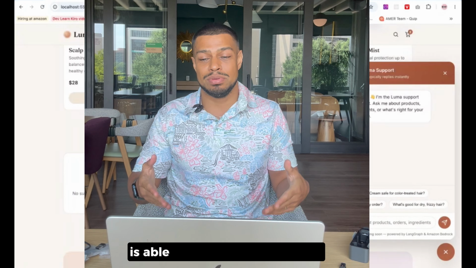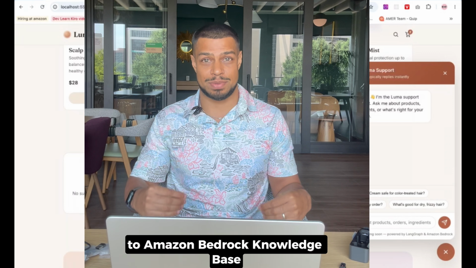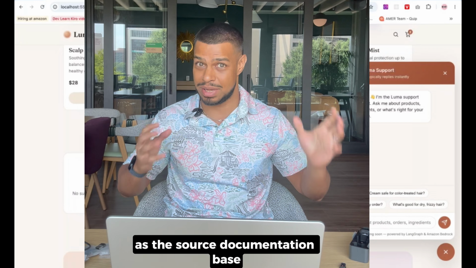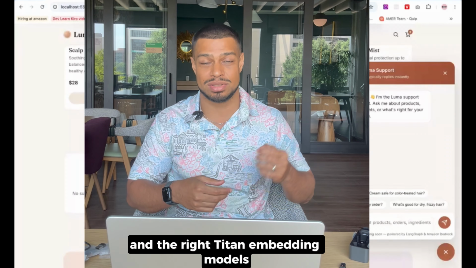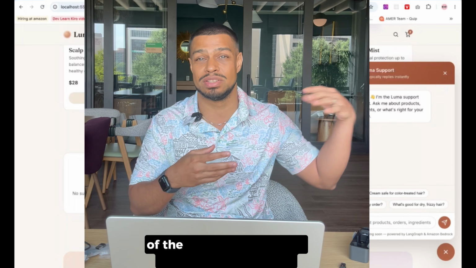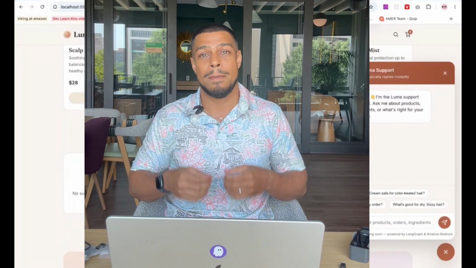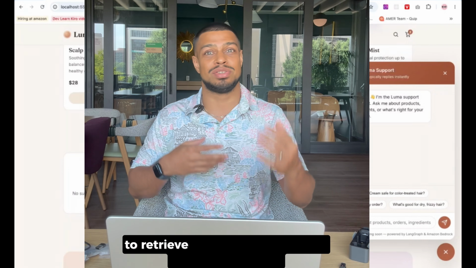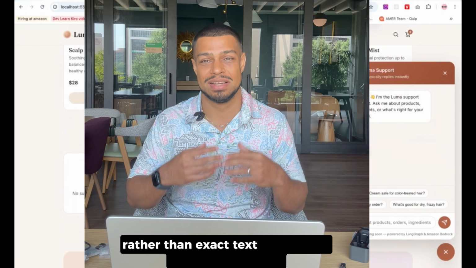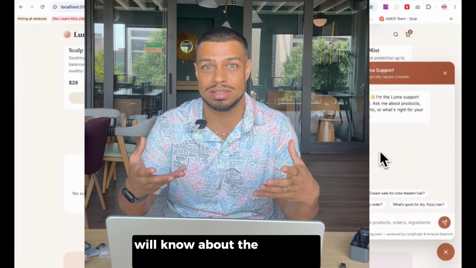this company is able to upload its documents to Amazon Bedrock Knowledge Base and the right S3 bucket as the source documentation base and the right Titan embedding models to embed that into vectors, which are basically just numerical representations of the documentations in mathematical formula that is going to be able to be queried by Bedrock Knowledge Base to retrieve semantic information based on meaning rather than exact text. So that this particular customer support chatbot will know about the discount when someone asks about